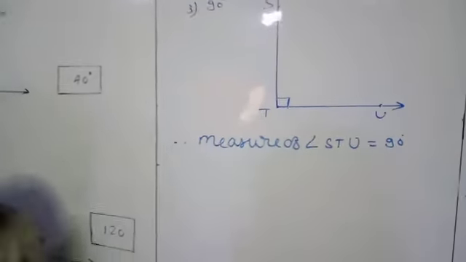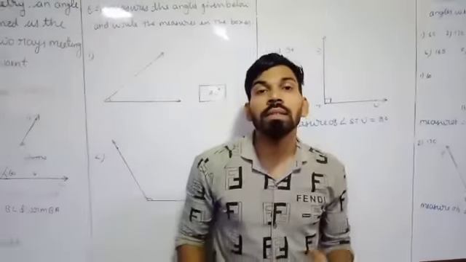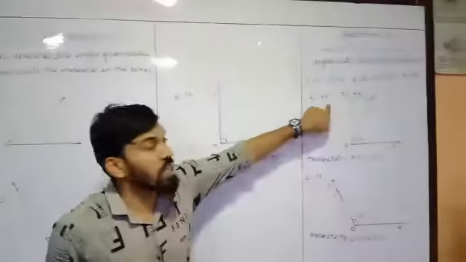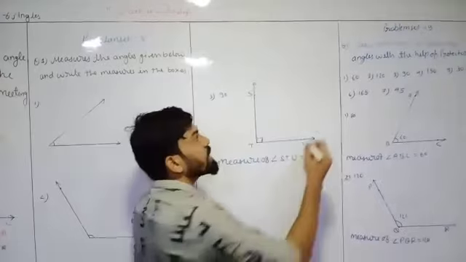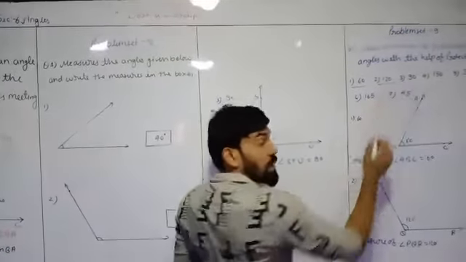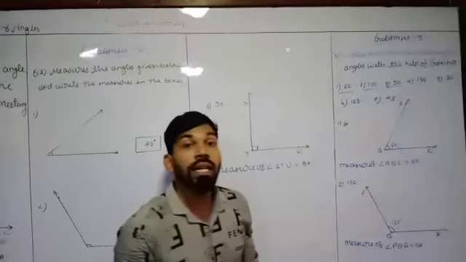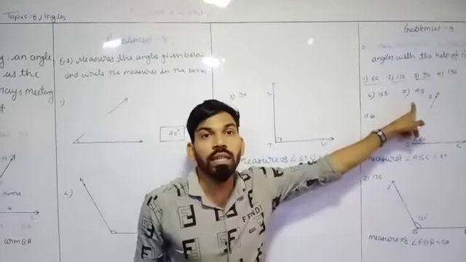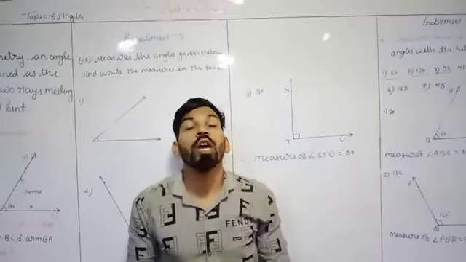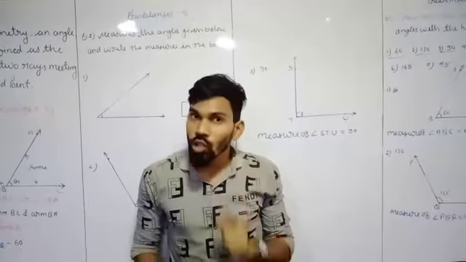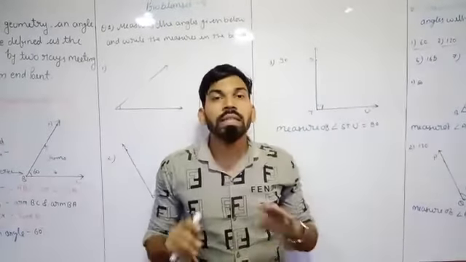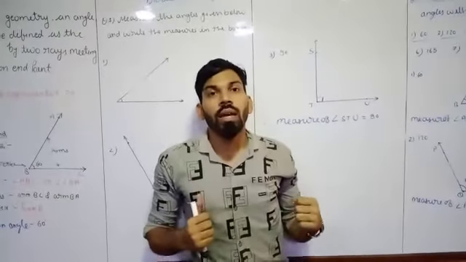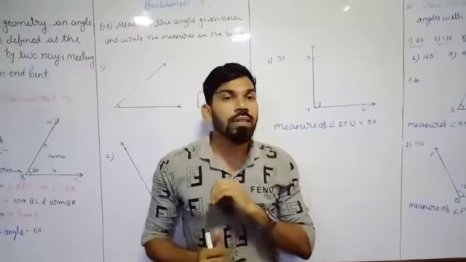This way we are going to do the construction for whatever measurement is given in the question. So you can see here we have 7 questions. Like we did the first one, that is 60 degree, then 120 degree, and 90 degree. The remaining are 150 degree, 30 degree, 165 degree and 45 degree. These 4 constructions you have to solve by yourself. There is no difficulty. It is very easy to use a protractor. As we learned, use it and draw it. And still if you have any kinds of doubt, just ask.